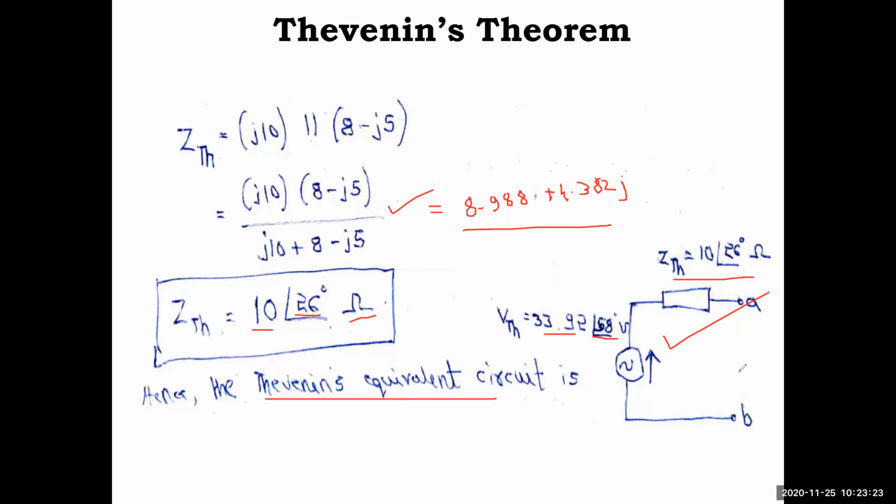For finding VTH we use the open circuit voltage; there we will call it the short circuit current. So some of the terminologies are different, like a duality. That we will see in the next video. Go through all the videos so far, starting from the superposition theorem, then Millman's theorem, and now Thevenin's theorem. Another two theorems are left. Next class we will start with Norton's theorem.